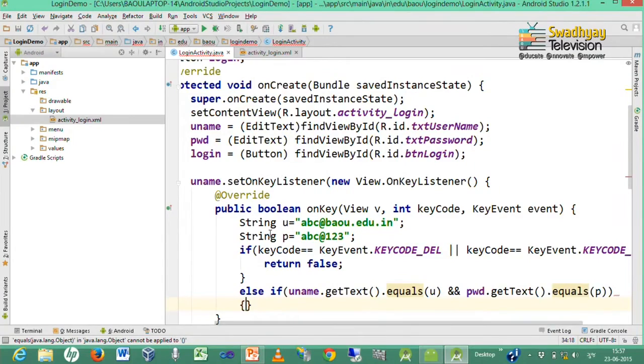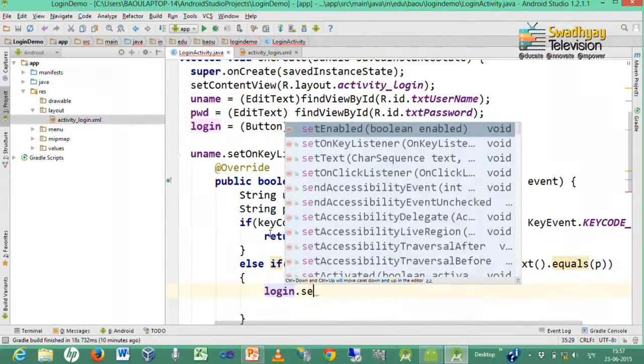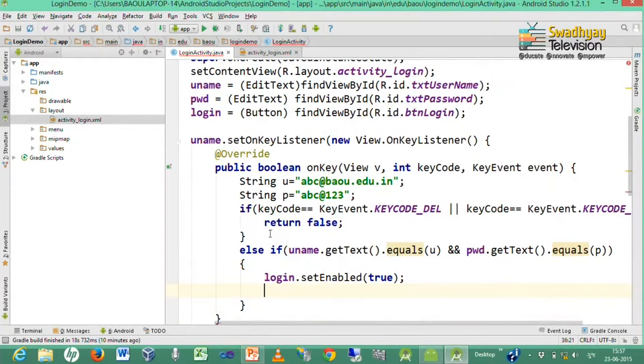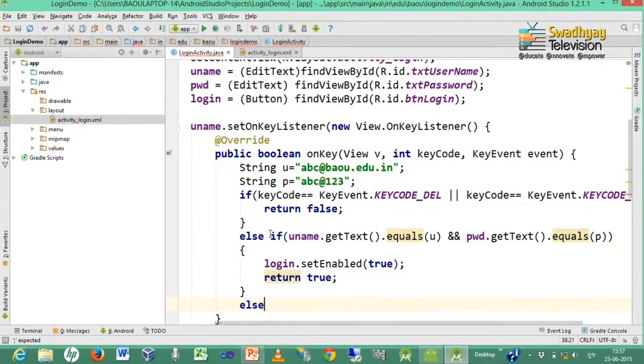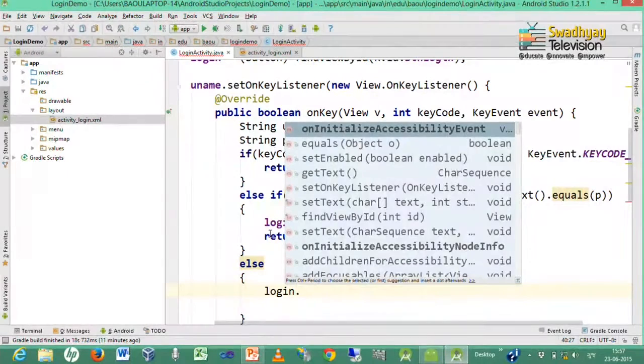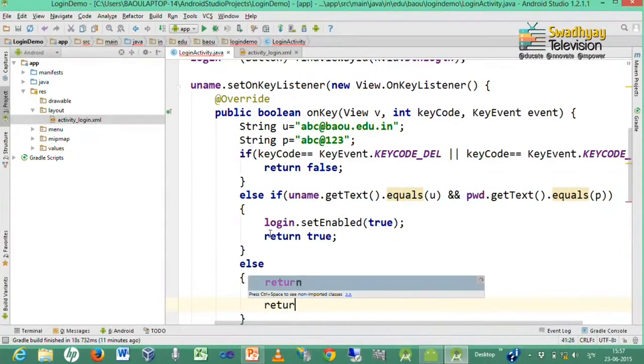Then we set the button enabled. So, we call the method button.setEnabled(true), and we want to consume this event, so we write true. In all other cases we set the login button enabled false, and we return false.